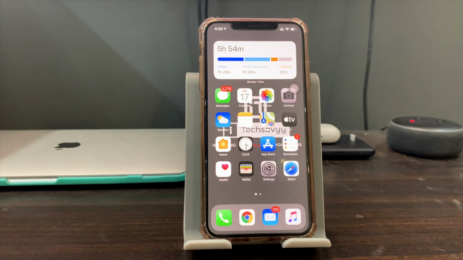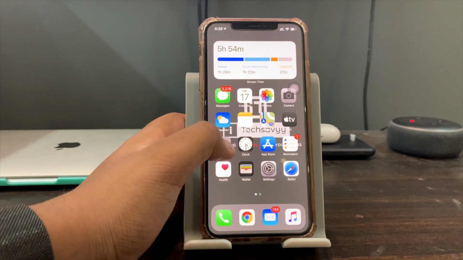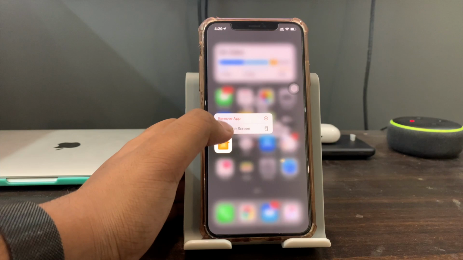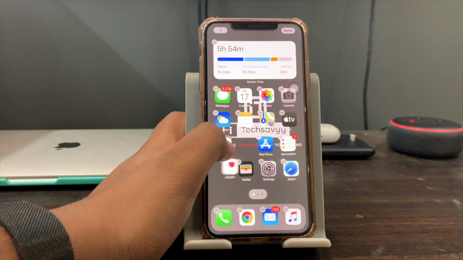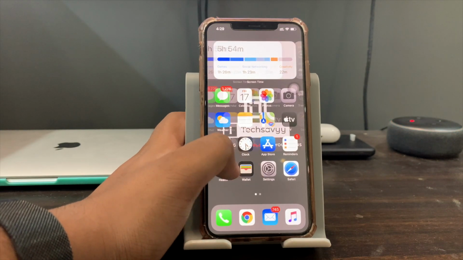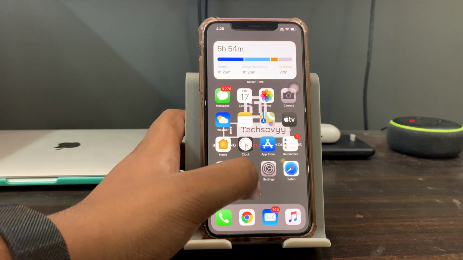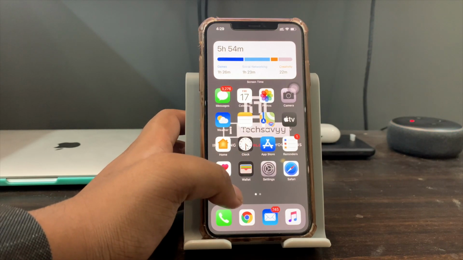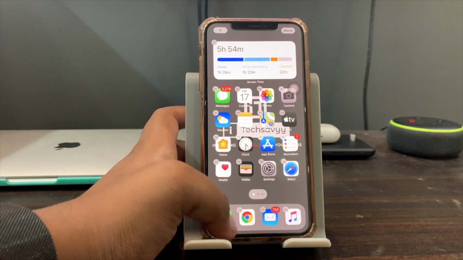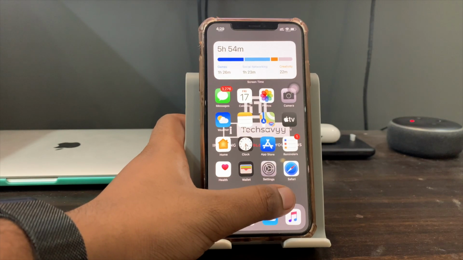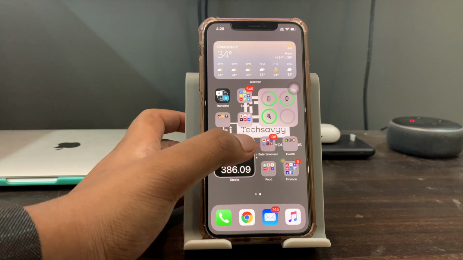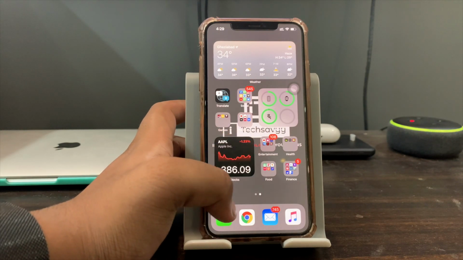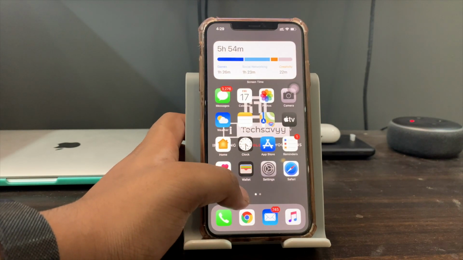So the next change is in the edit mode. When we used to change the home screen layout, we either had to click on the icon and go to edit home screen, or maybe just click on the icon and drag it. But now with iOS 14, the experience is changed. Now you can click anywhere on the screen and go into edit mode. Suppose I am clicking here, as you can see, and I'm going into edit mode. So this feature is really nice. Also, talking about the edit mode,